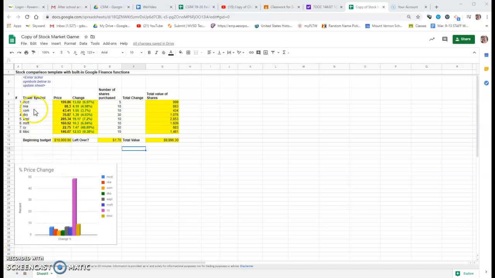All right, as you can see, I have all 8 of my companies. I have filled in my ticker symbols, and I have adjusted my number of shares to get as close to the $10,000 as I can. My value left over is $1.70. So what I'm going to do is in the space below, I am going to type in 1.70, and then underneath